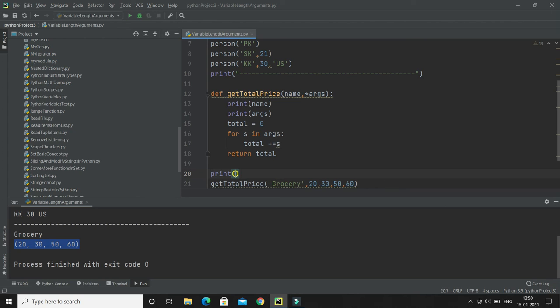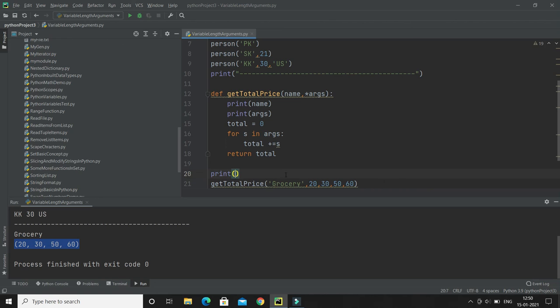If I run, you can see these comma-separated strings are getting assigned as a tuple in this variable, which gets printed over here, and the remaining key value pairs are getting assigned to this variable as a dictionary.